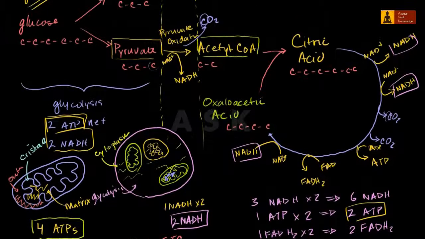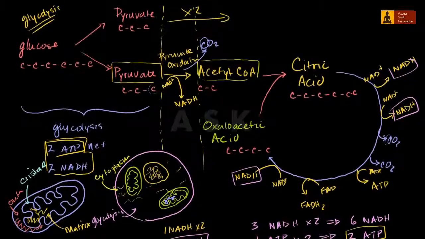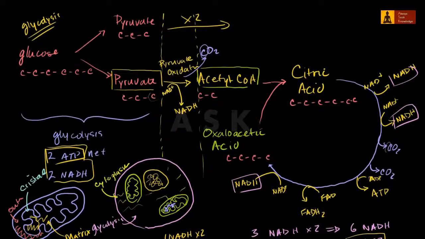There's one other point I want to make here. Everything we've talked about so far is carbohydrate metabolism, or sugar catabolism, we could call it. We're breaking down sugars to produce ATP. Glucose was our starting point. But animals, including us, can catabolize other things. We can catabolize proteins. We can catabolize